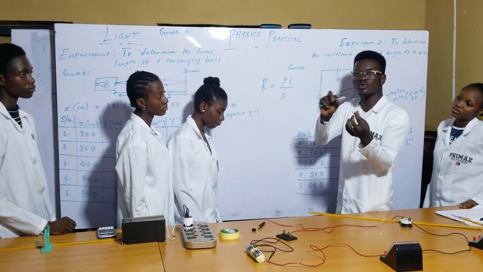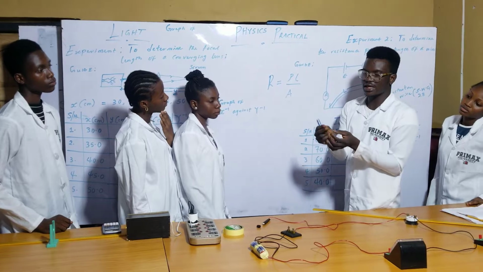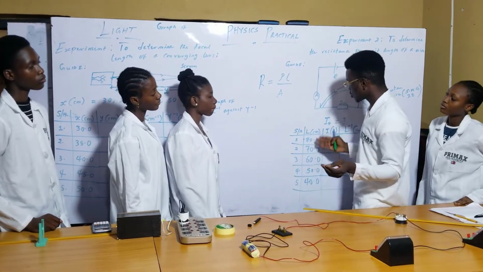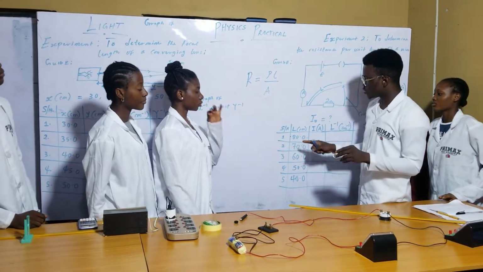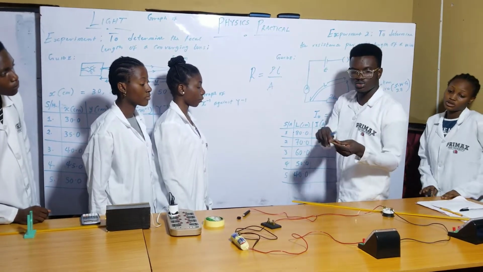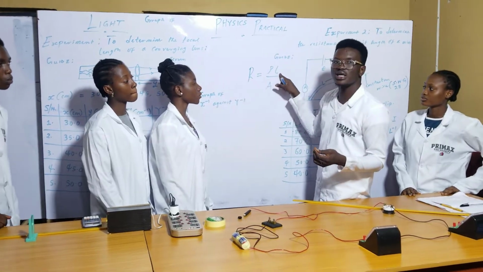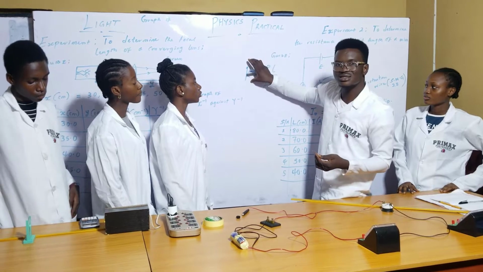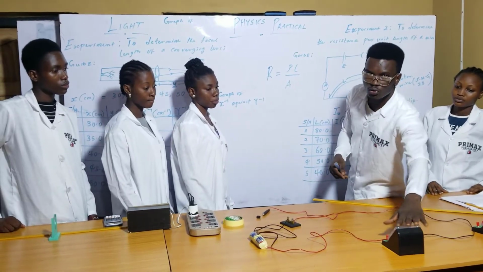So the only thing I'm going to vary here is the length. If I change the length, I can move it from here to here. There's a particular measure I'm going to take, which we're going to see. So we take different lengths of the Constantan wire, which will be 80 centimeters, 70, 60, and so on. So I'm going to be changing the length of this Constantan wire, and when I vary the length, the resistance will change. So when the resistance changes, what my current will read on the ammeter will also change.